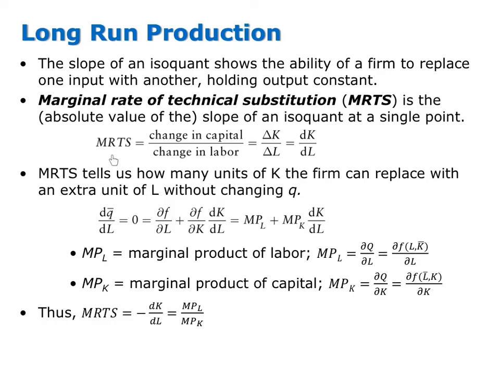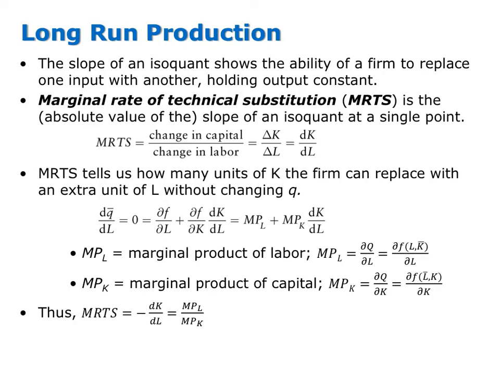Like all slopes, the MRTS is a rise over a run. Here the rise is the change in capital, because capital is usually graphed on the y-axis, and the run is the change in labor, since labor is usually graphed on the x-axis. Like all slopes, this is also expressible as a derivative, the derivative of capital with respect to labor. The MRTS will tell us how many units of capital the firm can replace with an extra unit of labor